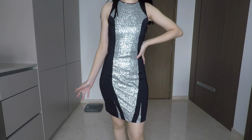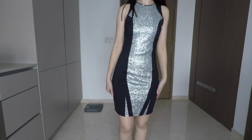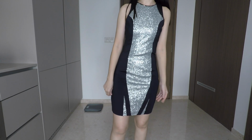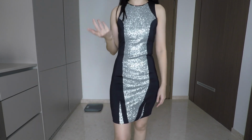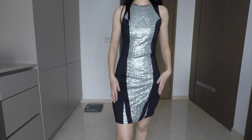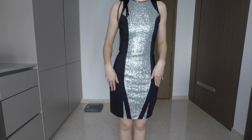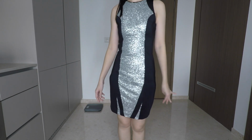I have never seen her wear this before. They are like sequins in the middle. It is very, very attention-grabbing, I would say. And it is so comfortable. It is from this brand called Junk, which I don't know why you want to choose that name for your brand, but their material is always so good, like thick but not hot and uncomfortable, and very stretchy material,